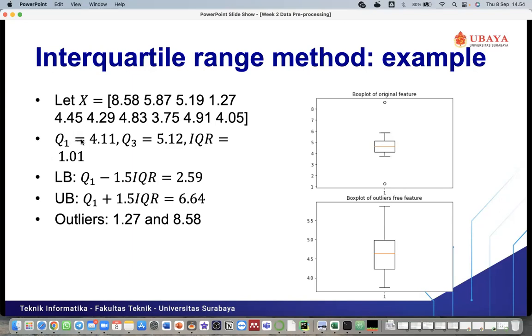Let's assume that we get the Q1 value equal 4.11 and the Q3 value equal 5.12. So the IQR will be 1.01. Then we can set the lower bound and the upper bound, and the outliers will be 1.27 and 8.58.